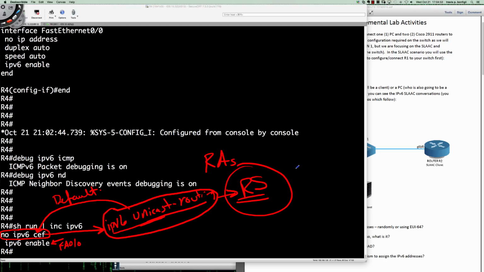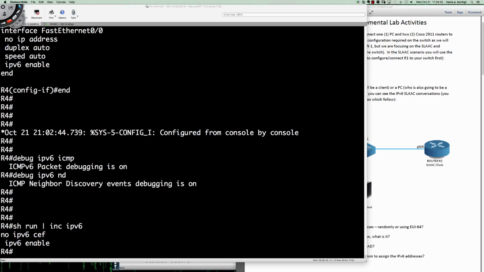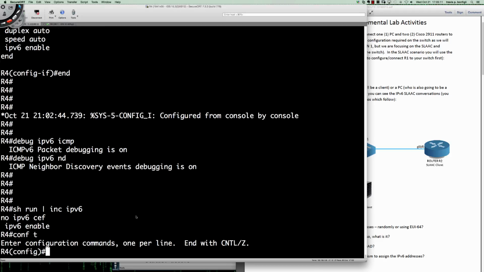So right now, the only command we have on is IPv6 enable, and we already saw what that did. It gave me a link local IPv6 address. That's all it does. Does not give me a global unicast, certainly does not give me a unique local, just a link local address. So let's, on router 4 here, let's now go ahead and kick on the router advertisements,